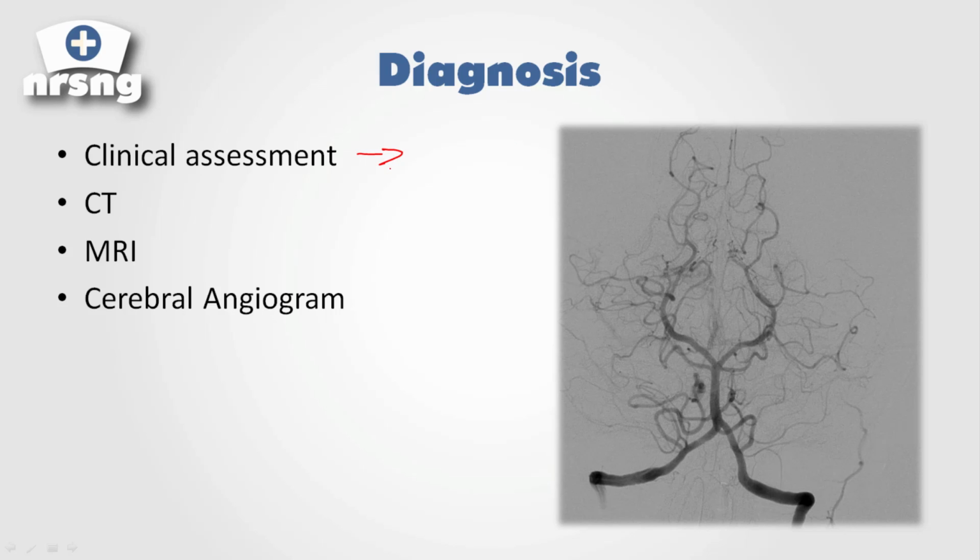Facial droop, they're not talking right, they have altered mental status. We can do a CT and initially that would help us be able to find, like I said, a hemorrhagic stroke, or like an ischemic stroke a couple days after.